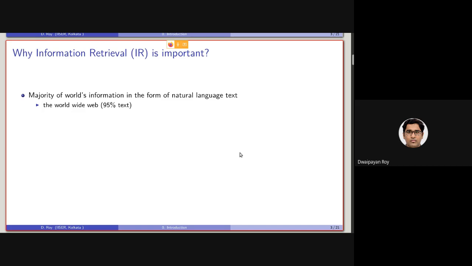For example, the World Wide Web, which is an ever-growing resource of information, consists of 95% text. Other than that, we know there are videos and images, but the majority is text.